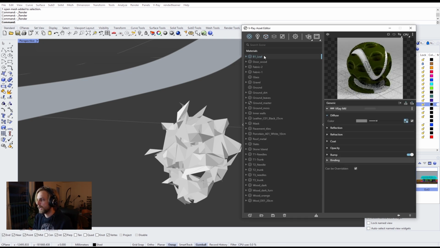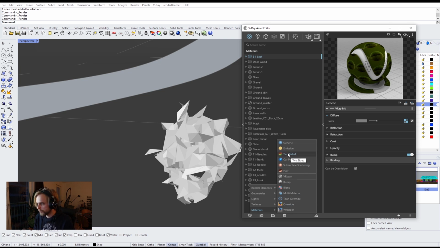Here I have only the diffuse, like the regular diffuse material, which is just green, right? B1 leaf, and it's okay for what it is, but it will never have that quality of filtering light. So for that, we need a different kind of material, and I'll create a new material, and I'll choose two-sided. That's the two-sided type, where you have a front side material and a back side material, and as light is going through it, it will enter through the front side, it will exit through the back side, and it will